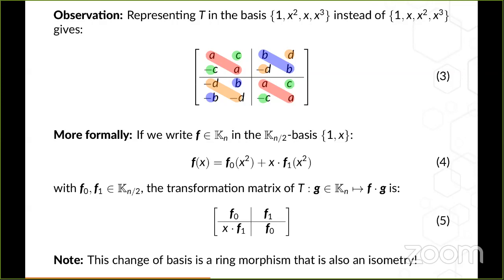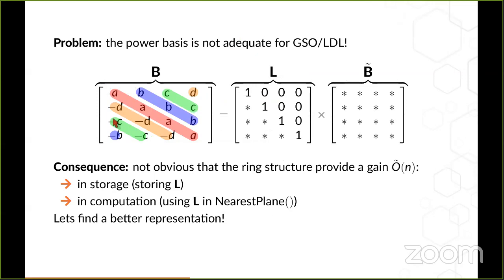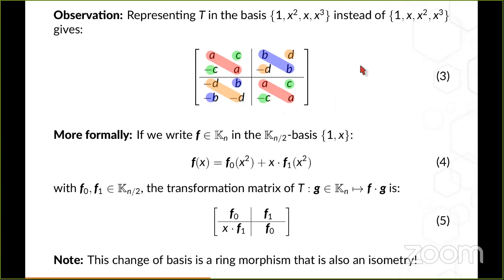but it's also an isometry, in the sense that if you look at the matrix in equation 3 and compare it to the one before, when you go from this representation to this one, you didn't change at all the geometry of the lattice, because what you've done is permuting some lines, and so it's obvious that if you permute some lines, then you have the same lattice. And we did permute some columns. So when you permute the columns, you do change the lattice, but you don't change the geometry of the lattice. So the Gram matrix will stay the same. And that will be very useful for us.